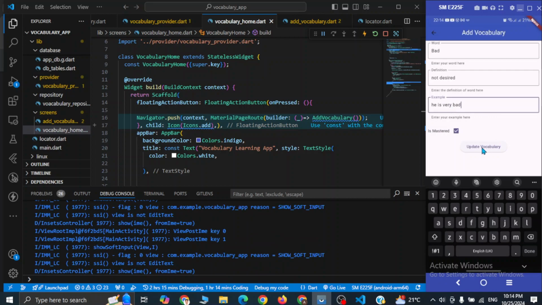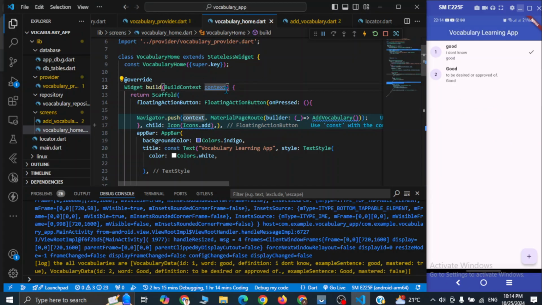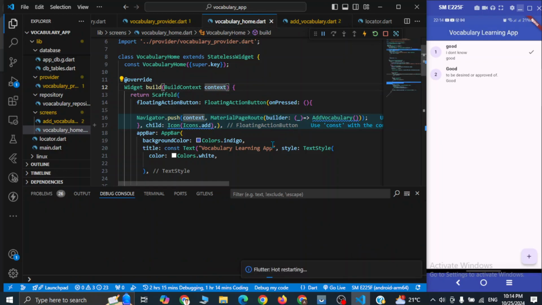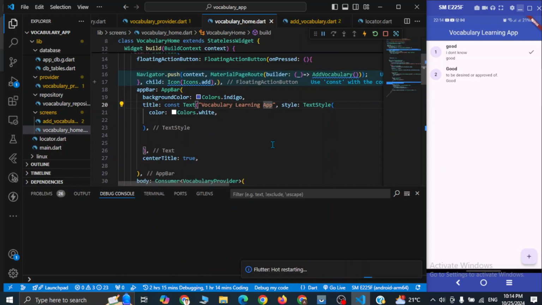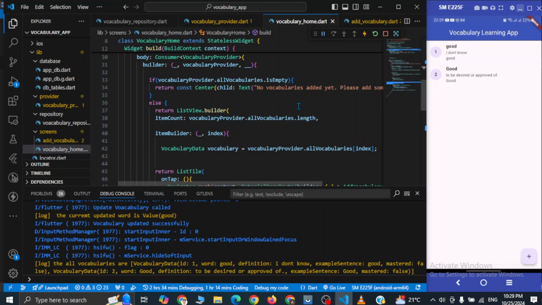So let's try to update the vocabulary, and so we can see the change. Okay, so let me reload, and still we are not seeing the change. Let's restart and see why the change is not made. We are not able to update the